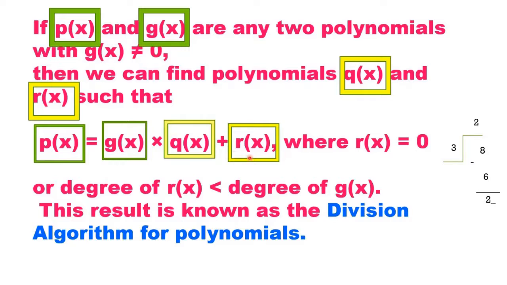And we are going to add r(x). 3 2s are 6 plus 2. So we are going to add r(x). So it's so simple to remember this division algorithm by a simple example. p(x), which is 8. p(x) is equal to g(x) into q(x) plus r(x). This is the division algorithm for polynomials. We are going to apply this algorithm and do the sums. So you have to remember it properly.